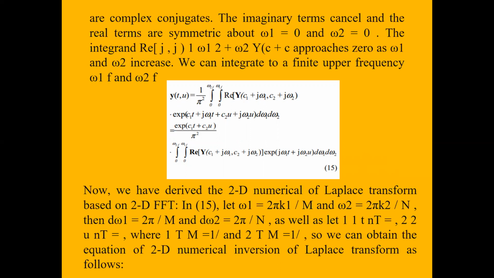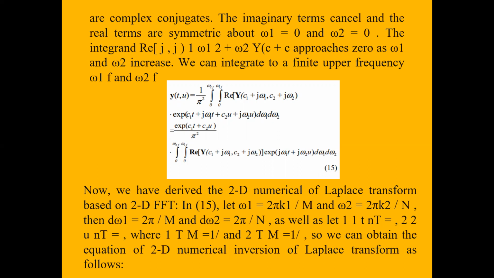Now we have the derived 2D numerical inversion of the Laplace transform based on 2D FFT. In the 15th equation, let omega 1 equal 2 pi k1 by m and omega 2 equal 2 pi k2 by n, then d omega 1 is equal to 2 pi by m and d omega 2 is equal to 2 pi by n, as well as let